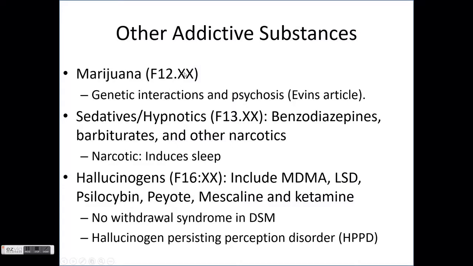This XX is just to fill in that there is supposed to be another number here. Typically, you can either put 10 or 20. So F12.10 would mean mild marijuana use disorder. F12.20 would be moderate or severe substance use disorder. There's a couple other codes that you can learn later on as well, but I don't cover those in too much depth right here. Anyway, as I was saying, sedative hypnotics, F13, either 10 or 20, include benzodiazepines, barbiturates, and